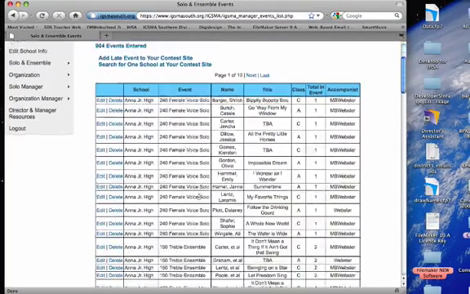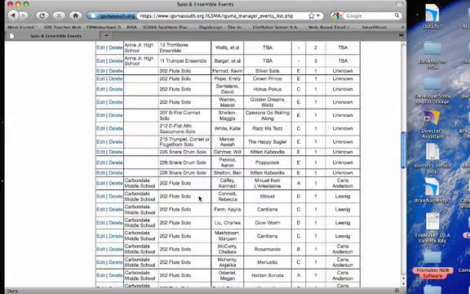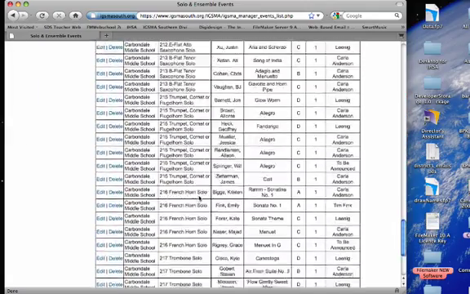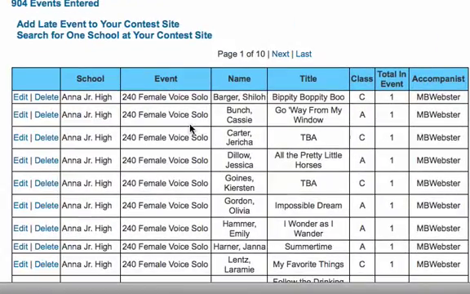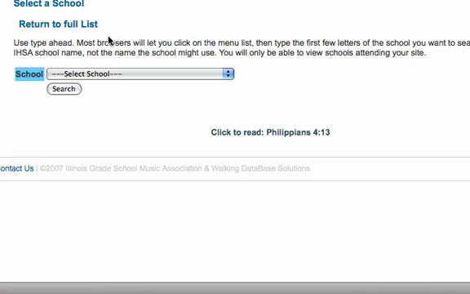You can scroll through those, looking at 100 per page. So he has about 10 pages, I would say. Yes, 10 pages. And you can use the next, last, and previous buttons to scroll through and look through those entries school by school, or to shorten your list, do a search for one school at your contest. So we're going to do that.